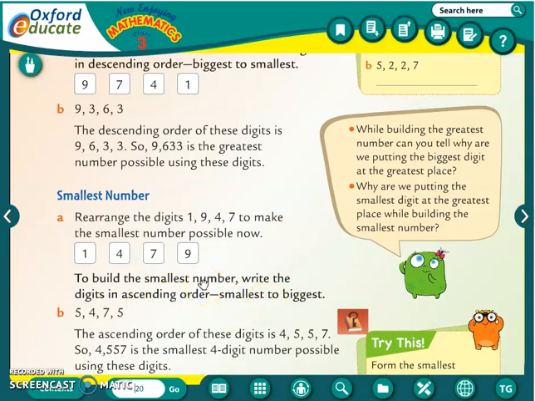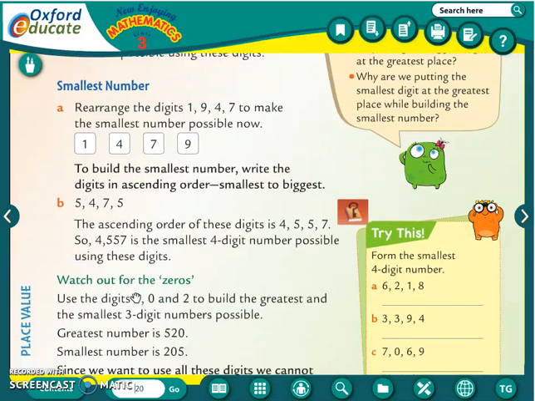मतलब कि ये जो नंबर है उसको हम सबसे पहले क्या करेंगे? स्मॉलेस्ट नंबर से स्टार्ट करके बिगेस्ट नंबर तक जाएंगे. सो दैट फॉर दैट वी विल राइट 1, 4, 7 and 9. We can't write here 1, 7, 4, 9. Okay, because we have to write it in an order. So 1, 4, 7, 9. So this is the sequence to write the smallest number, that is smallest to biggest.